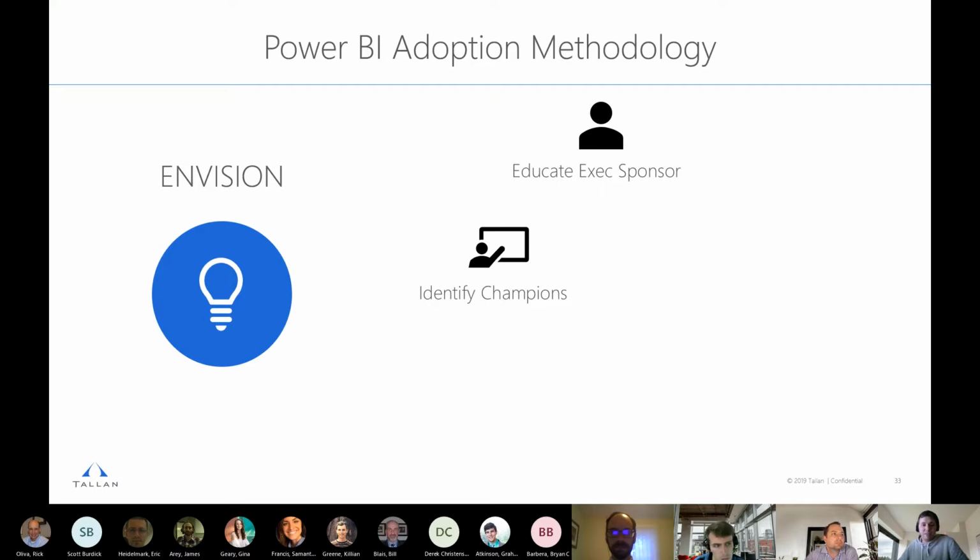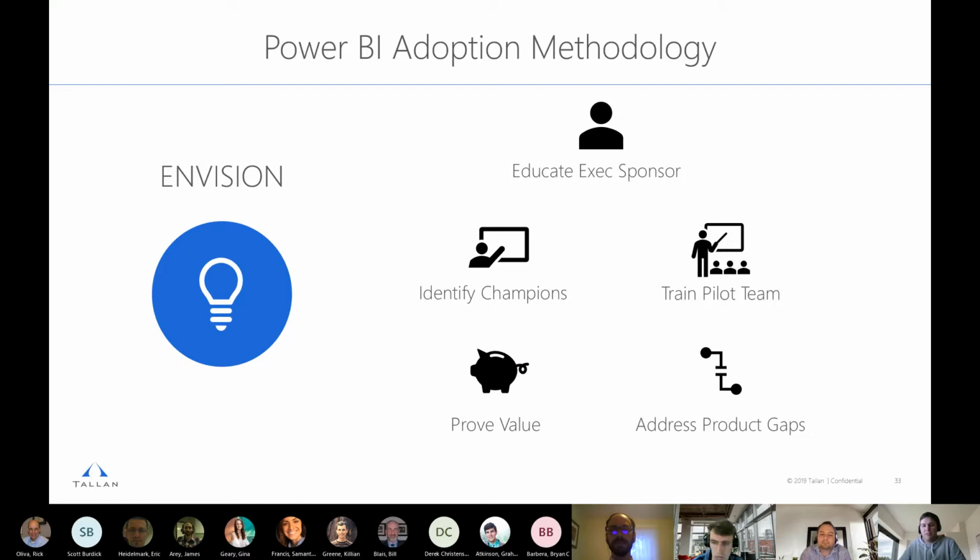So once they have been identified, you then want to identify your Power BI champions. So these are usually people like us on the call, actually, who are passionate about Power BI. They're going to Power BI user groups, they're attending trainings, and you want to involve these people in your organization early to help understand the challenges and learn how Power BI can help solve those challenges. You then want to train a pilot team. This can be some individuals from your Power BI champions and some of your business intelligence developers who are ultimately going to curate a pilot.